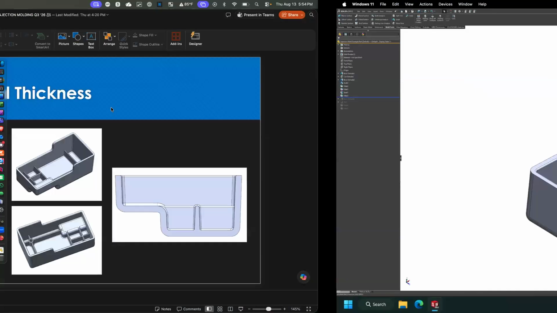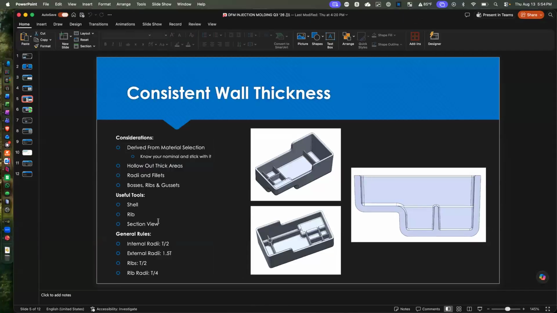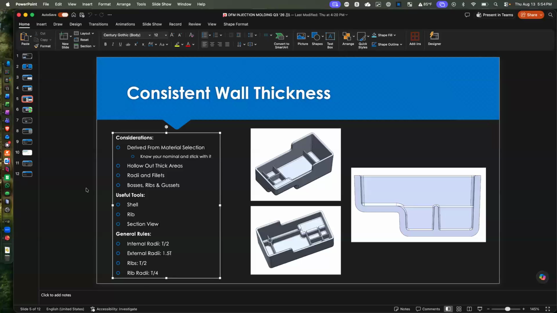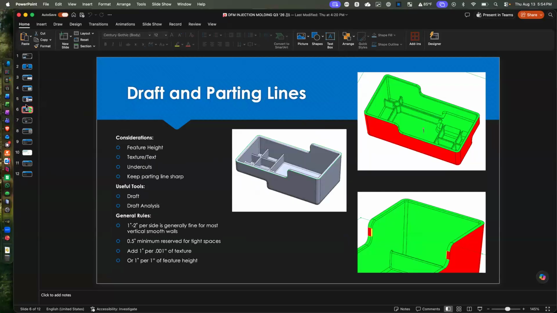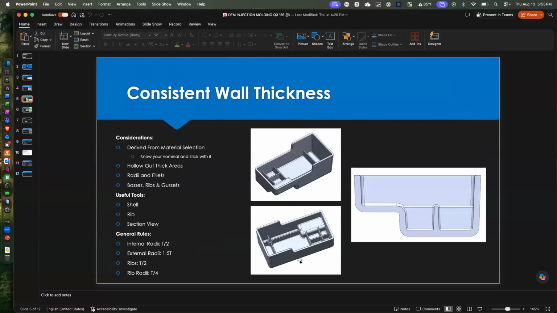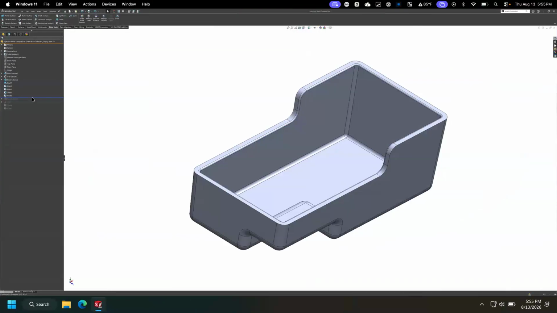Yeah, that's mostly, I guess, as far as the wall thickness. I think that covers what I was talking about on this slide. I guess we can touch on ribs and stuff. Sorry, let me go back. I clicked the wrong one. There we go. So the other thing we use here is the rib feature